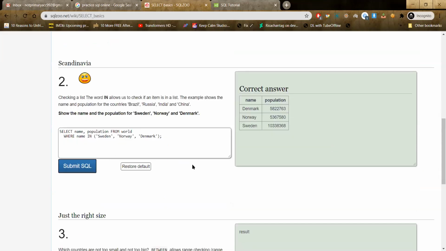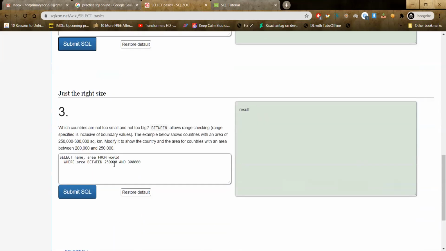Now similarly, there's lots of different kinds of queries. Like in this example, you are comparing values that fall between a specified range. So area, now area is a numerical value, so you can use range comparisons here to see which countries have areas between 250,000 and 300,000 square kilometers.